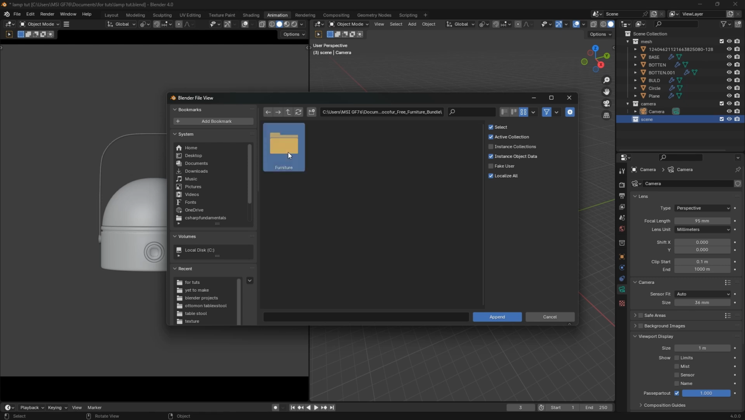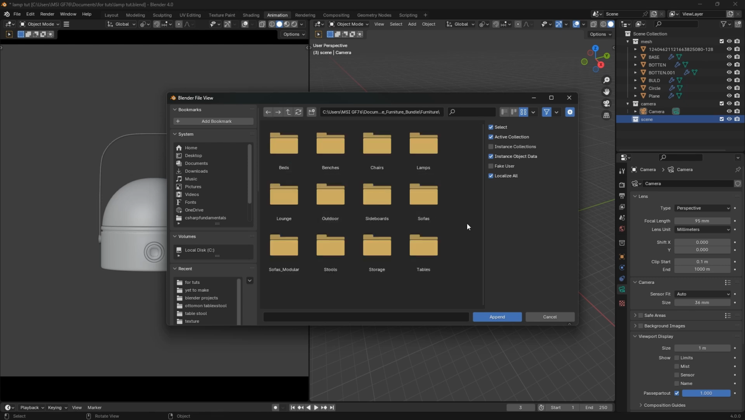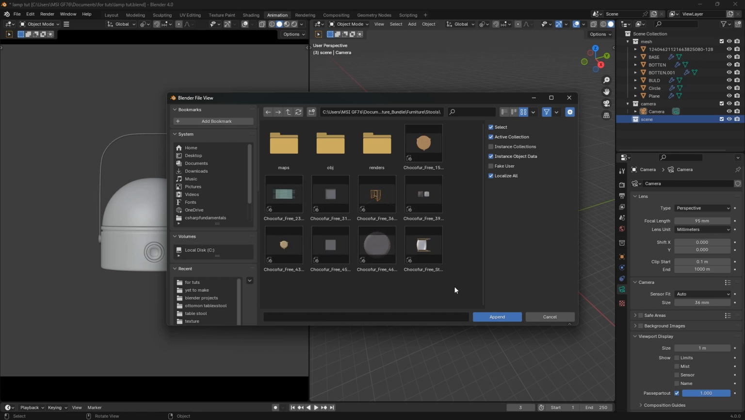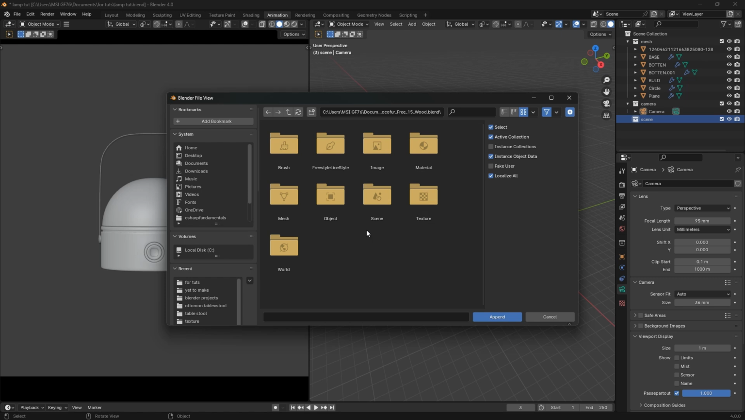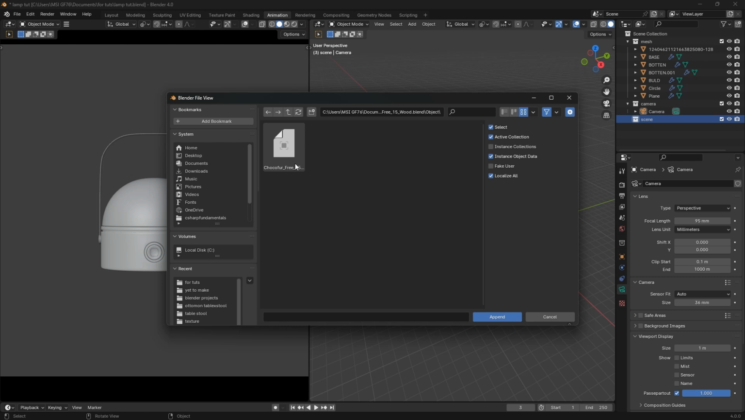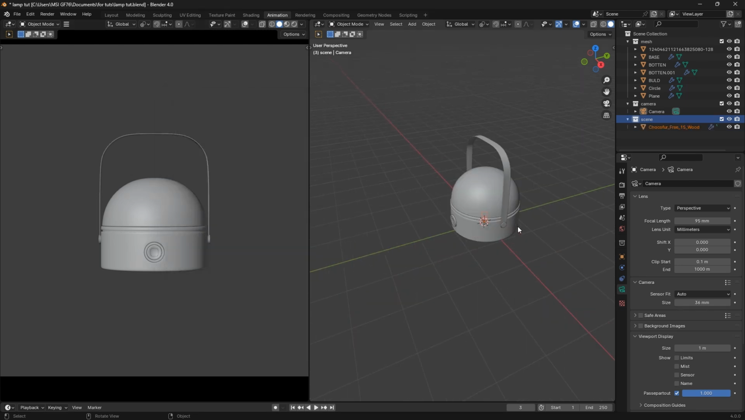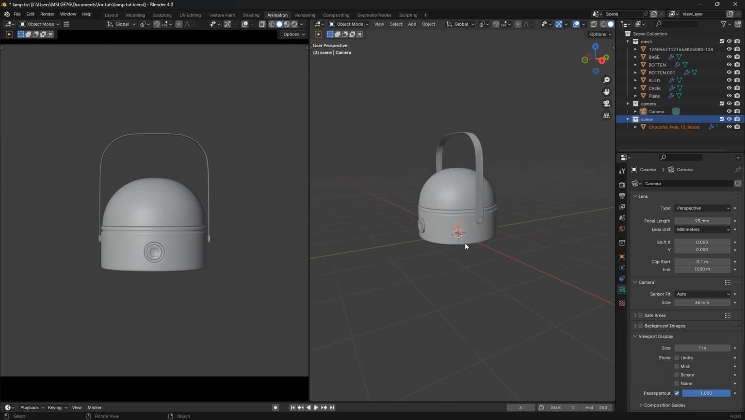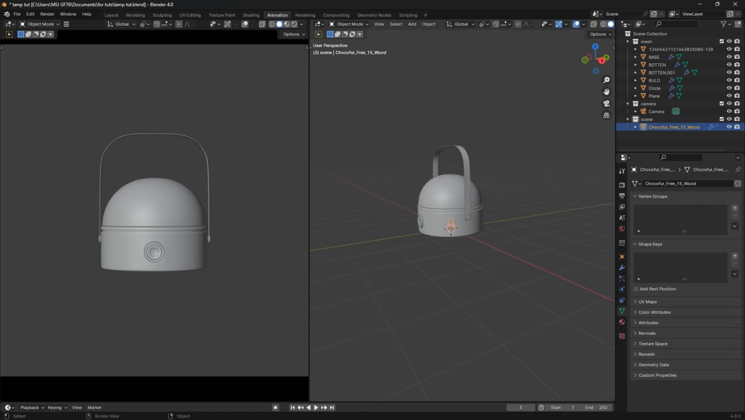I saved it at furniture, stools. I guess this is it. So I'm going to select it, then I'll select object. So this is the stool. I'm just going to select it and leave everything at default. Don't play with it, and then append, and then it's in Blender. Let's see the size. Okay, so now this size,